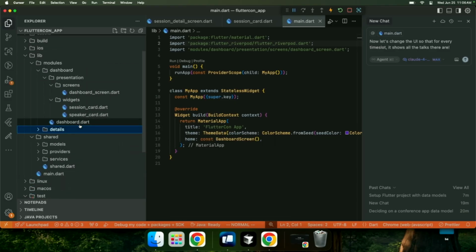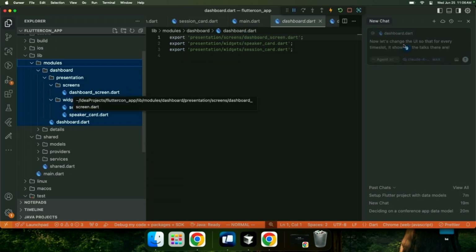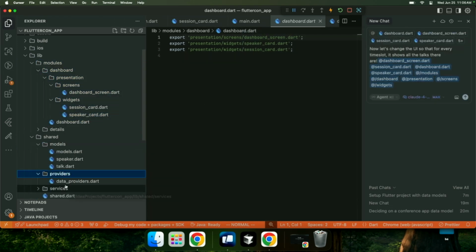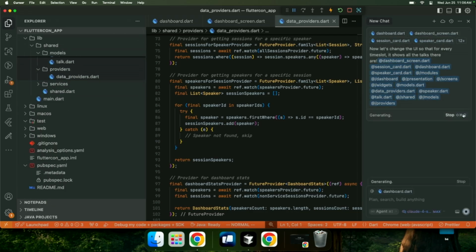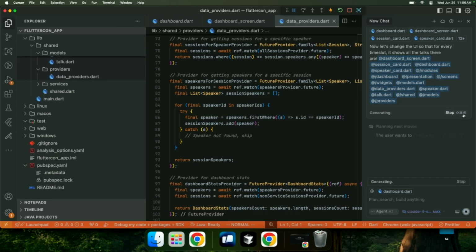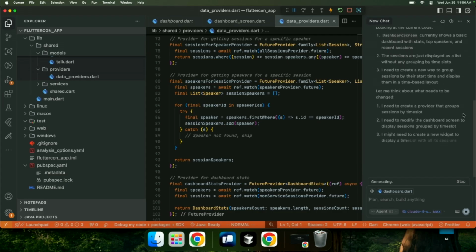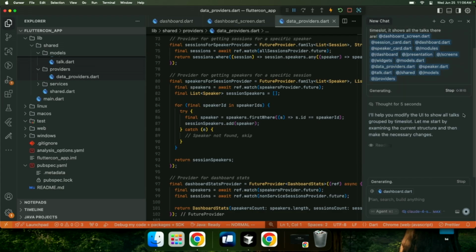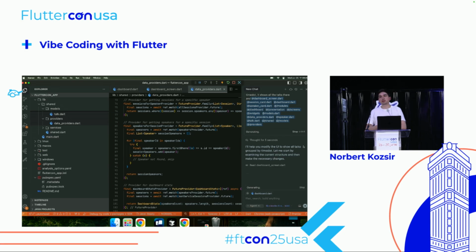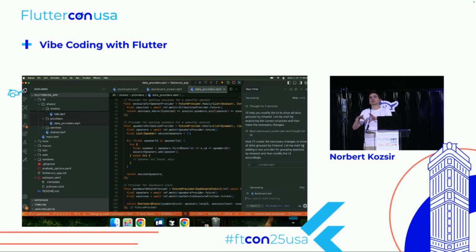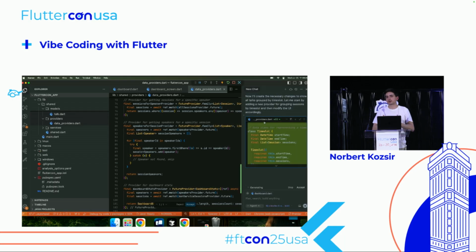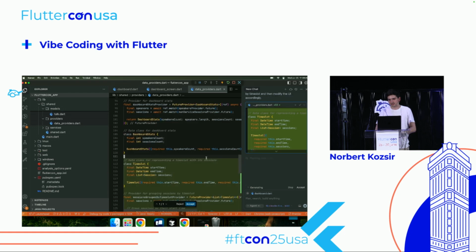So again, we probably don't need the details. What I like to do sometimes is just include some relevant context. Probably best to include all of this. And this is literally sometimes what I do. This is especially more important on bigger projects. Right now, I don't think we would have needed to include the actual context because it can look around. But if you start working on a project with millions of lines of code, thousands of files, it might be good just to give it like, this is the directory that we're currently working in. Don't mind looking at the rest. So that's just nice to give it some kind of direction and be very specific.